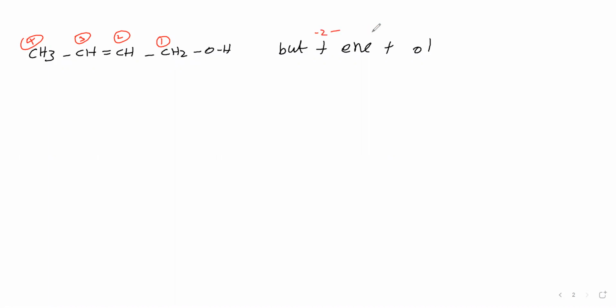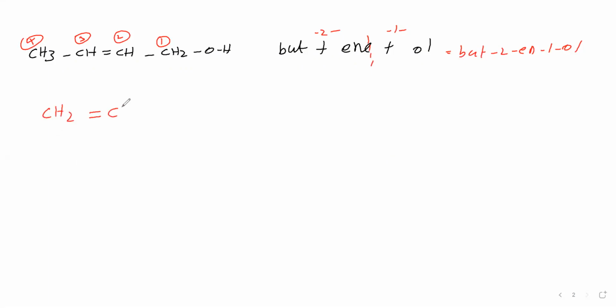Alcohol is attached to the first carbon, so its number will be 1. Now this E we will drop. Therefore, the name is but-2-ene-1-ol. But-2-ene-1-ol is the name of this compound, we can say. Next compound we will take, that is